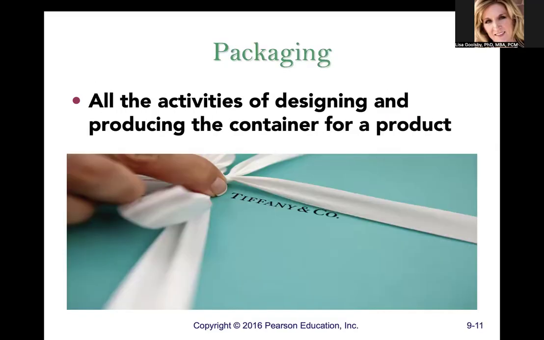And then packaging. Packaging is incredibly important. Designing and producing a container for that product. My coffee beans are really good. I sell a lot of coffee beans. I think I would sell a lot more coffee beans if I could afford the really cool, really neat packaging that I want to do with those coffee beans. And so I'm working towards being able to do that and making those coffee beans all that much more special for my consumers and people that want to have trial of that